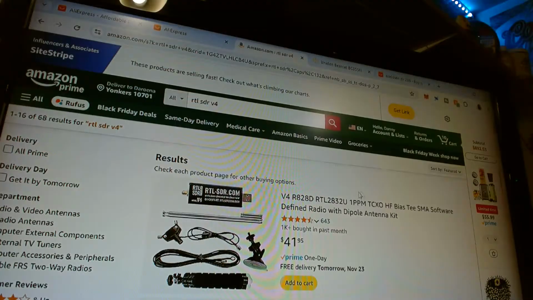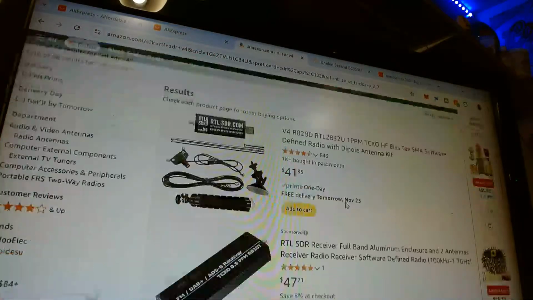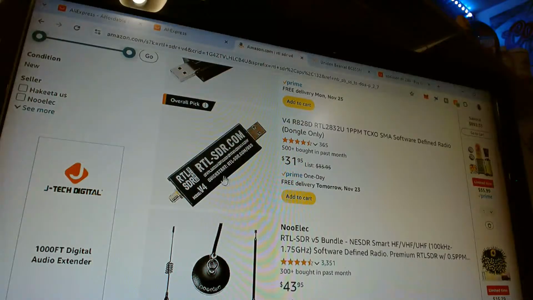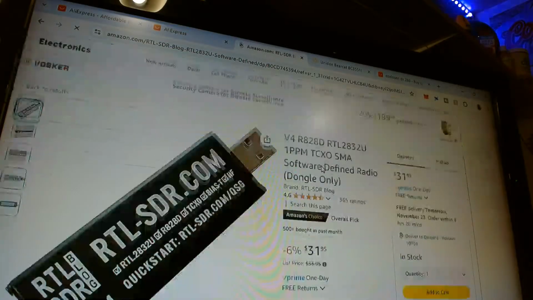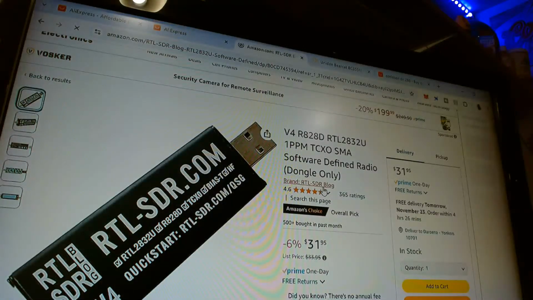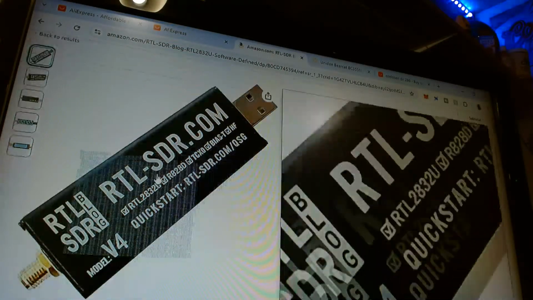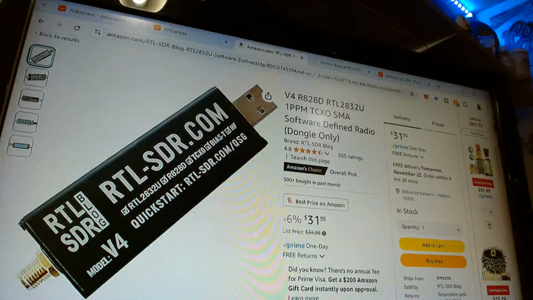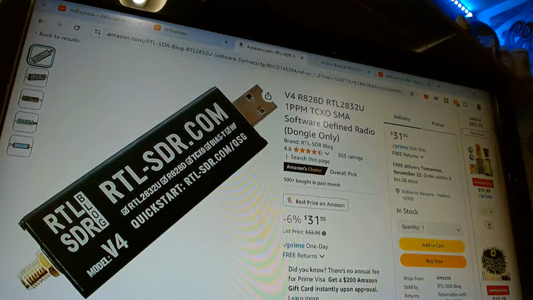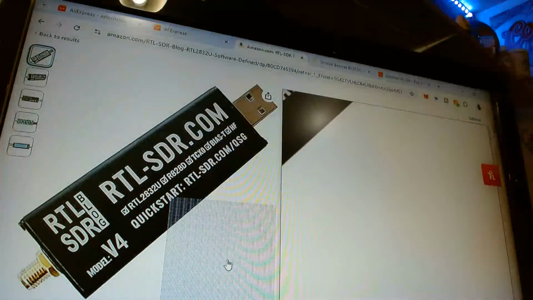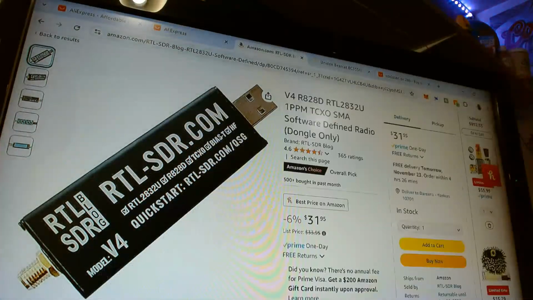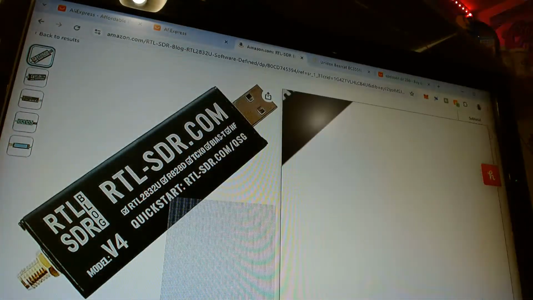So when you see the RTL-SDR like this one, this is the official one. See, brand RTL-SDR, and this is the official one right now. This is the version 4. This is not the version 3. I have the version 3. That's the silver one with the black lettering. That's version 3. This is the new one, the version 4. So this is the official one.